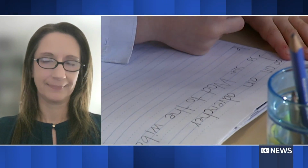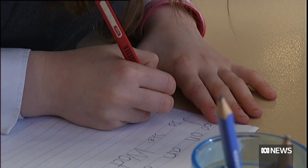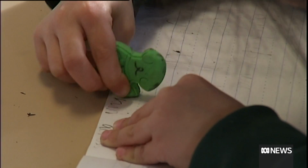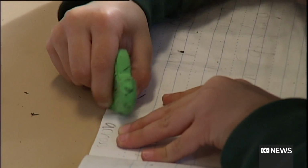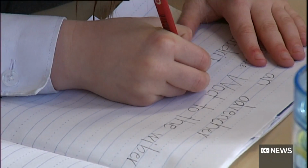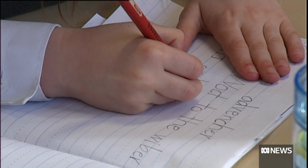So were you surprised by the results then, Annabella? You'd think that kids would be more used to typing than writing by hand. So we think that obviously because we live in the digital world, isn't it? And we assume that children will be more able to write using computers, but that's actually, it seems not to